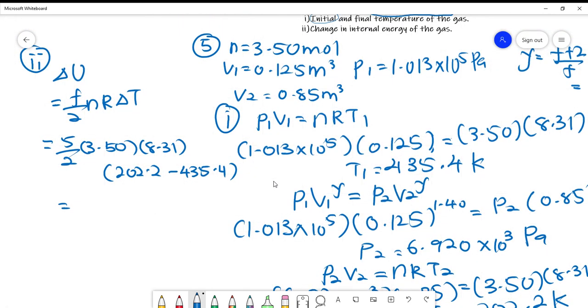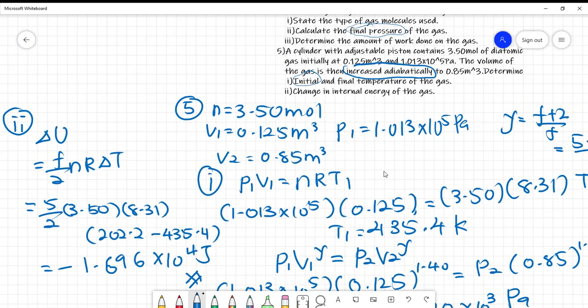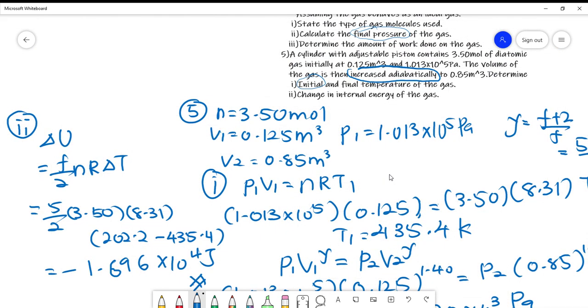So 3.5, 8.31, 202.2 minus 435.4. What we get is negative 1.696 times 10 to the power of 4, and this is joule. So I can conclude that, sorry, the process is actually adiabatic